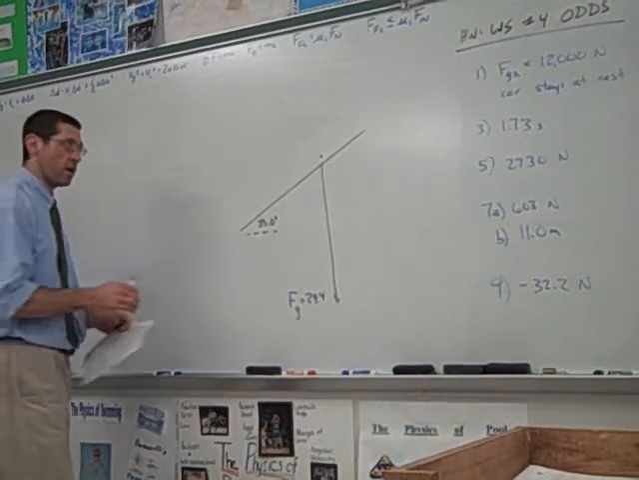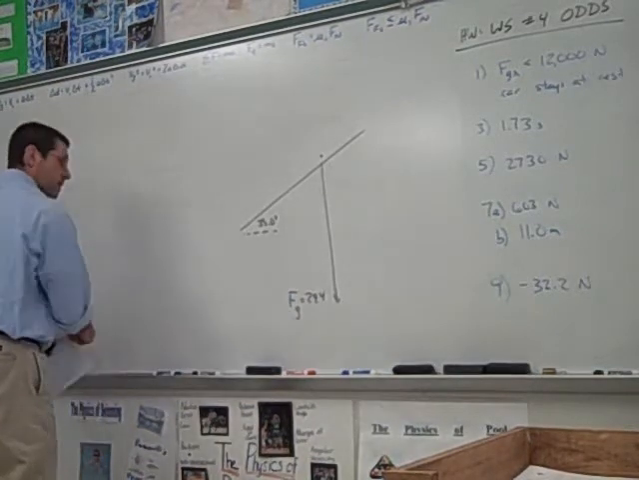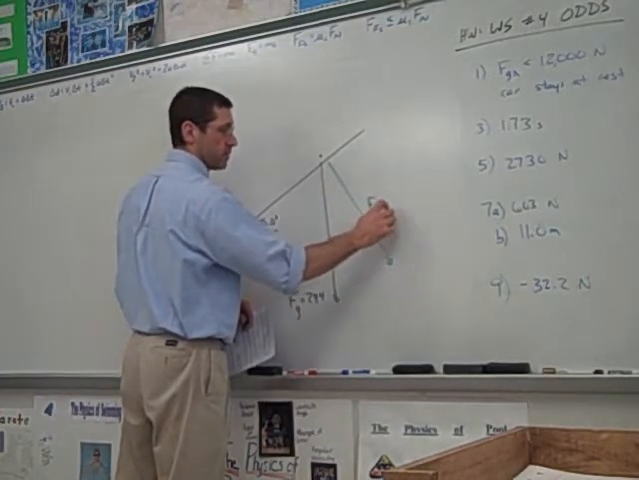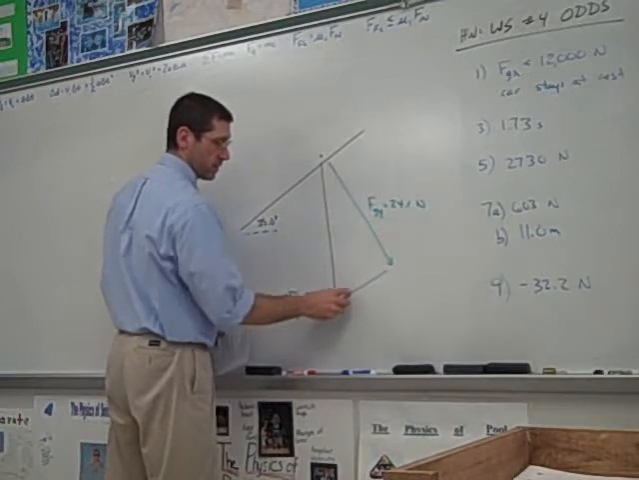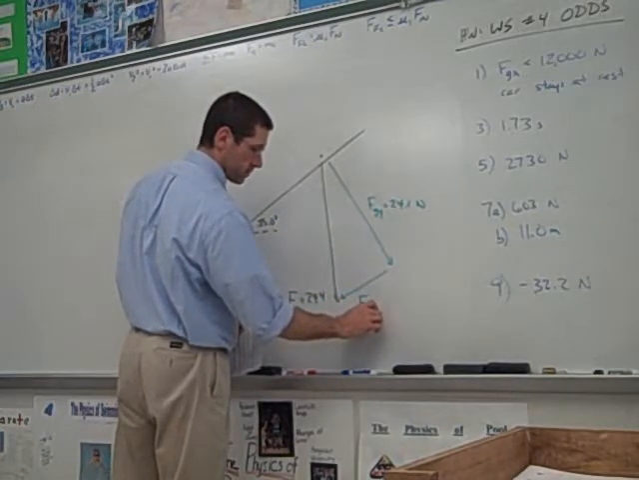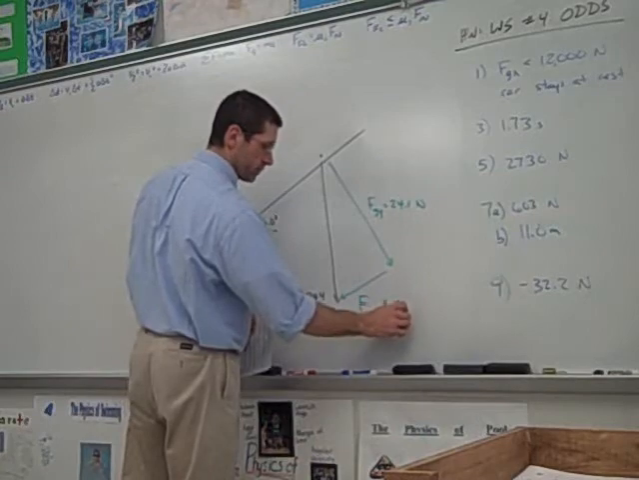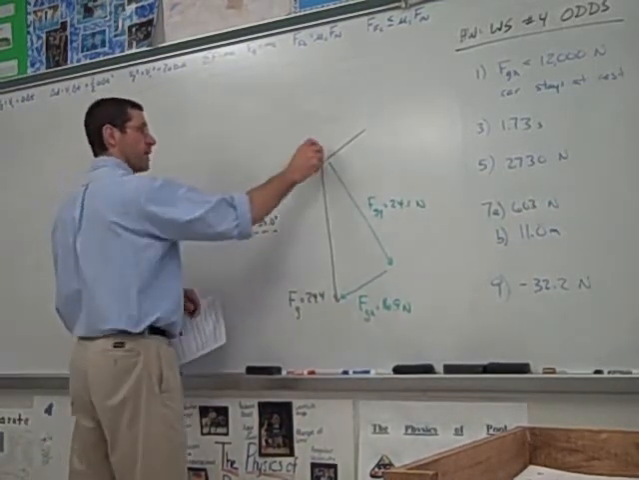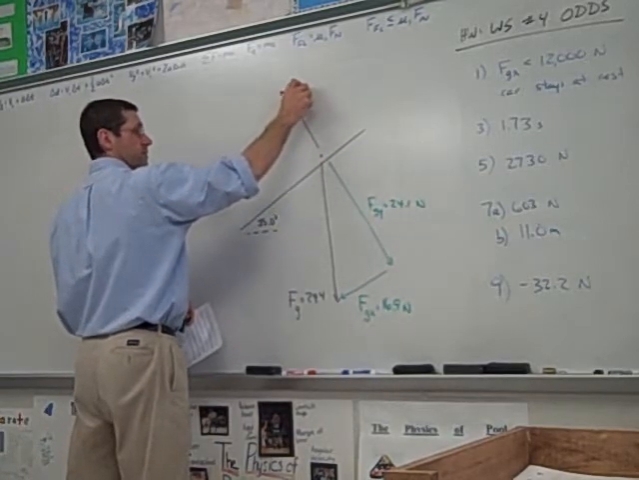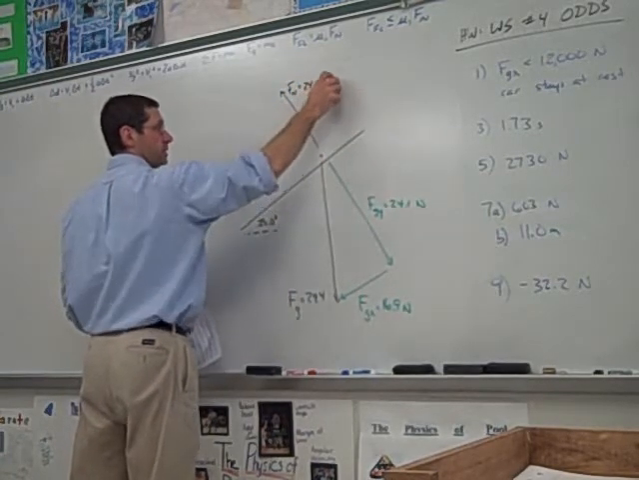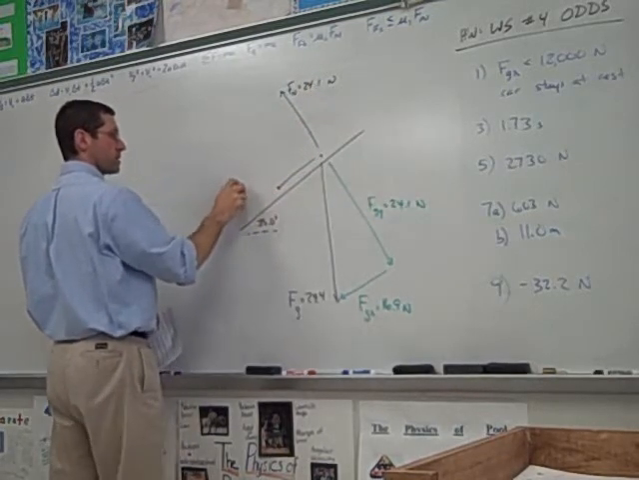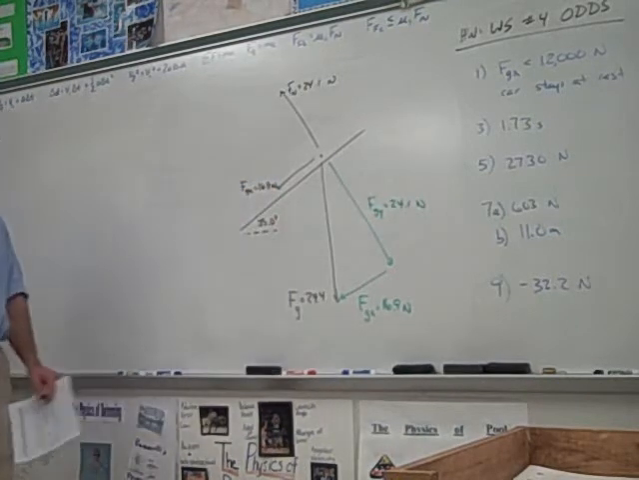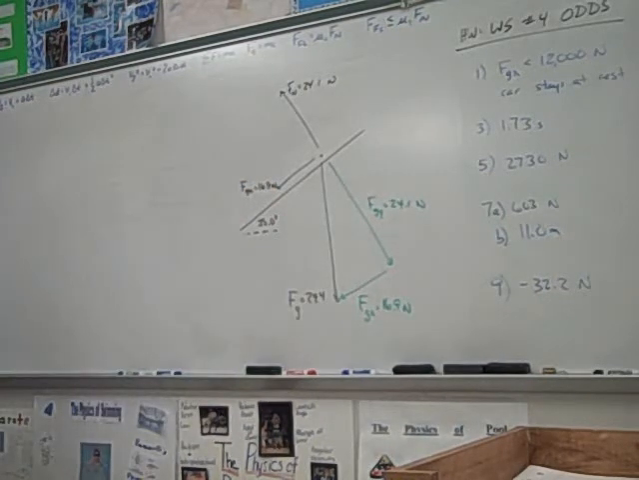And what we want to do is resolve those. So we got Fgy is 24.1 newtons, and Fgx is 16.9 newtons. Now that we have those, we can complete our free body diagram. Here we have our normal force, 24.1, and Fgx, 16.9 newtons. So if I want that block to stay at equilibrium, if I want it to stay at rest,